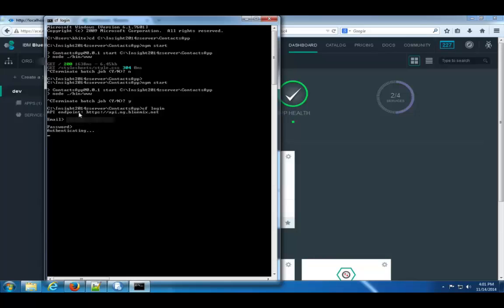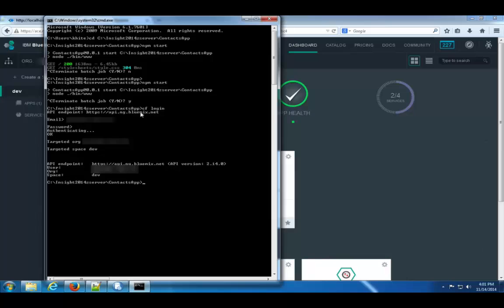And if it prompts you for an API endpoint, you simply type https://api.ng.bluemix.net, and that is the endpoint for your Bluemix. Now it says that I'm successfully logged in, and so really now I can run one simple command to push this out to Bluemix. But before I do that, the way it pushes,